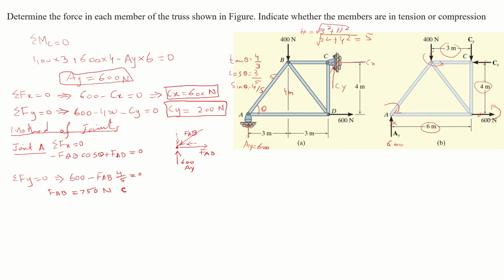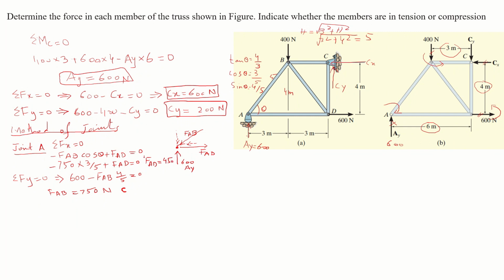We will use this value in the equation for the sum of x forces. So minus 750, and cos theta is 3 by 5, plus FAD is equal to 0. This implies that FAD is equal to 450,